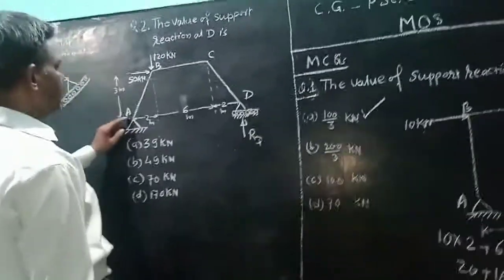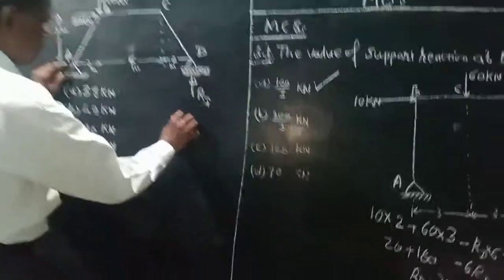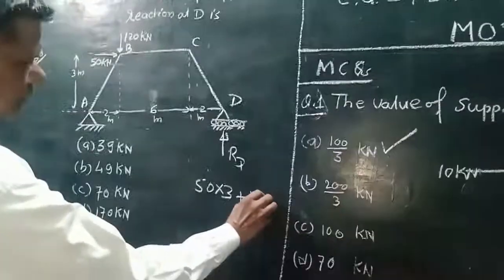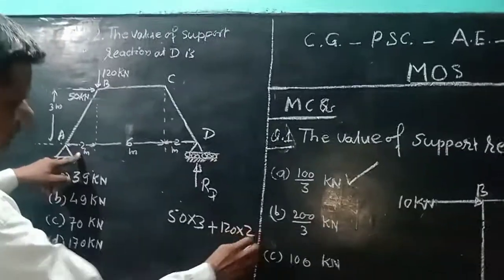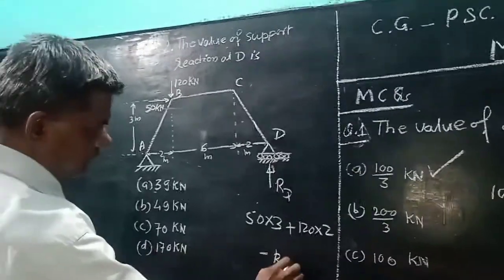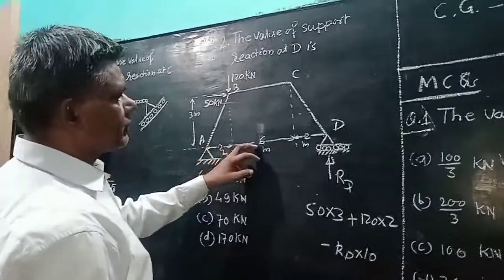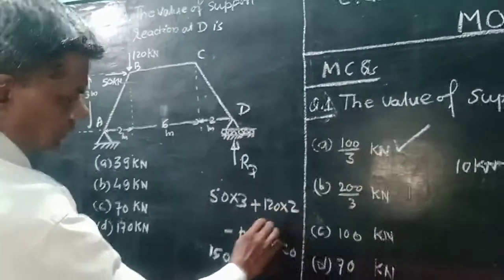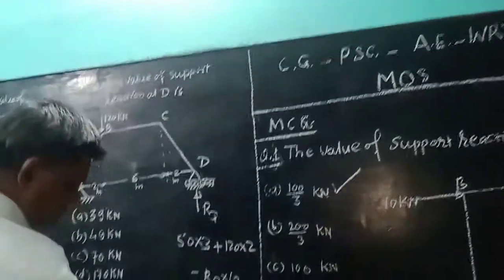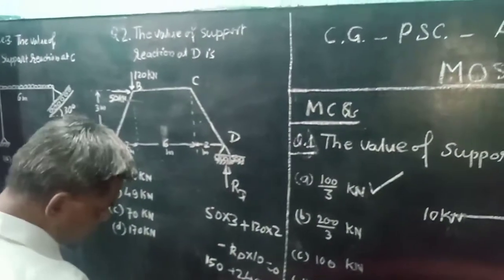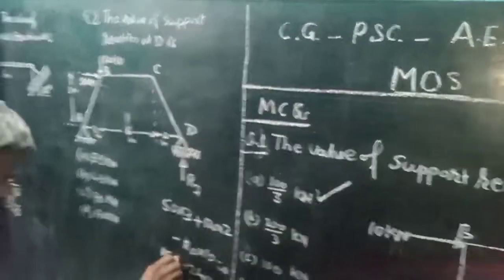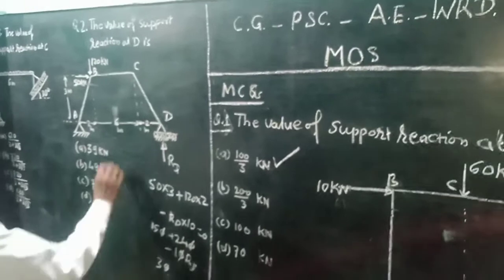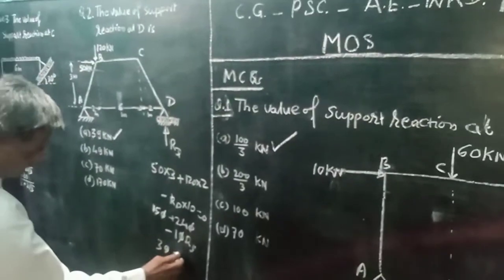So taking moment about A: this is 50 multiplied by 3 plus 120 multiplied by 2, and minus RD multiplied by 10. Here 6 plus 2 plus 2 is a total distance of 10, and 12 times 2 is 24, so 240, minus 10 RD. So this is 0, 0 cancel, 15 plus 24 is 39. Answer: 39 kilonewton. RD is equal to 39